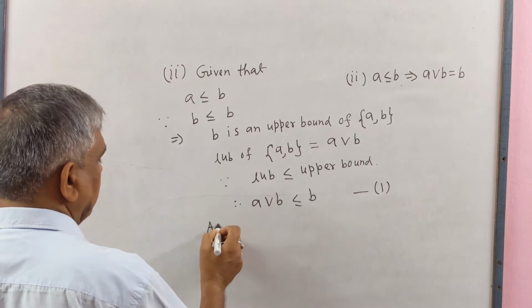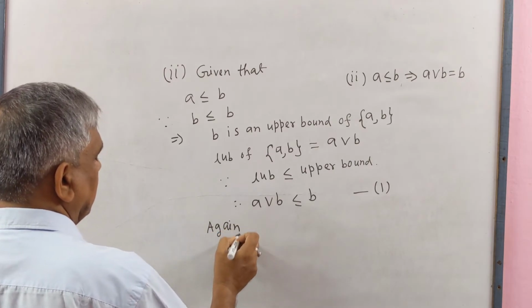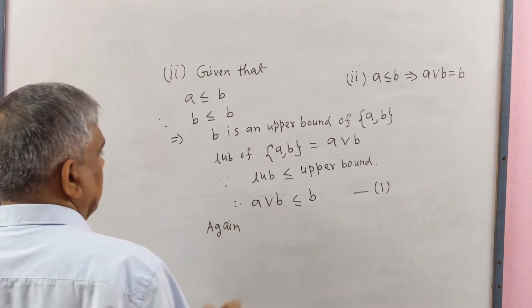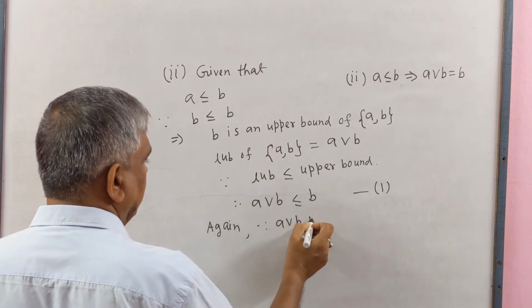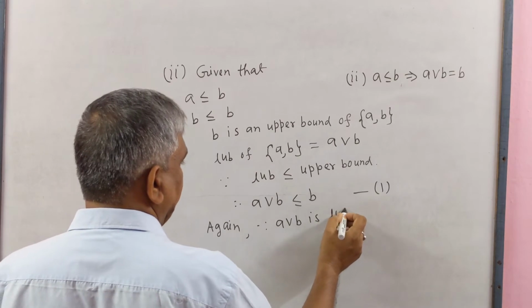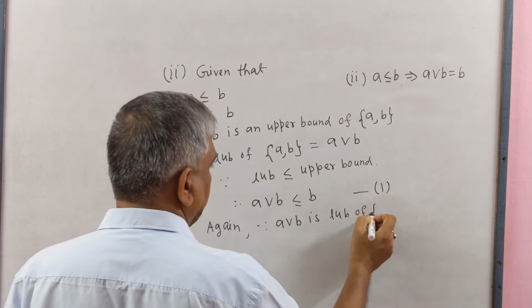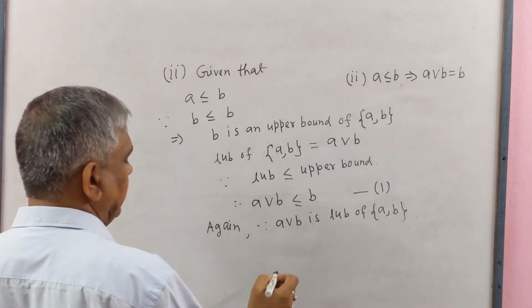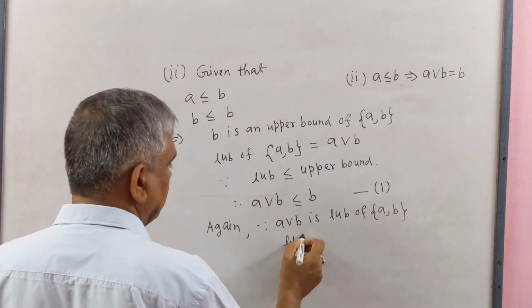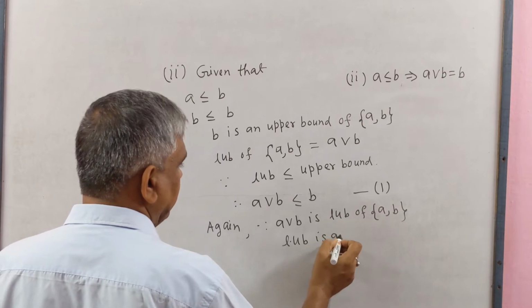Again, since A join B is least upper bound of the set containing elements A and B, and least upper bound is an upper bound,